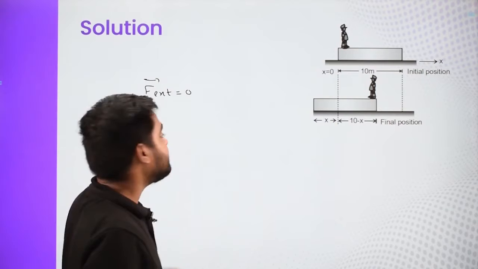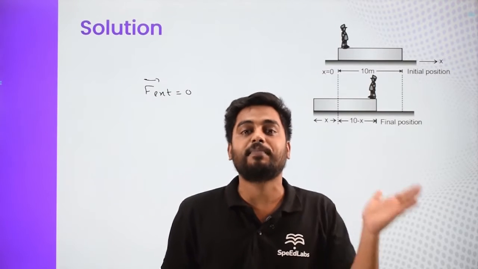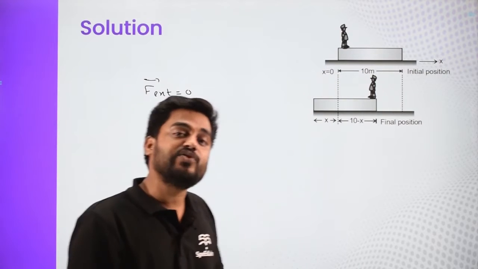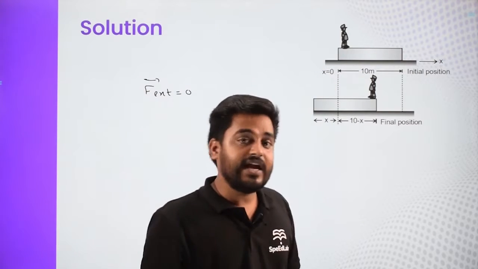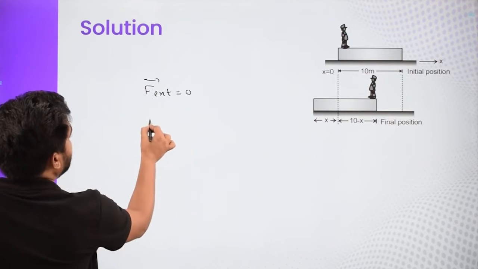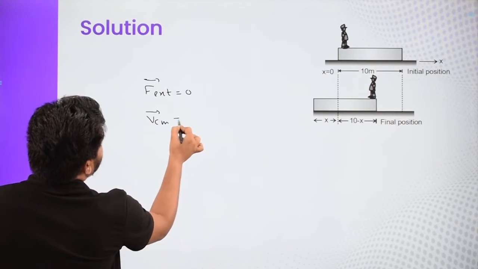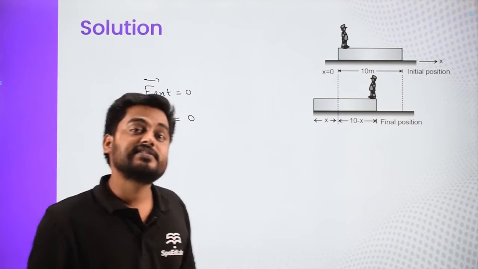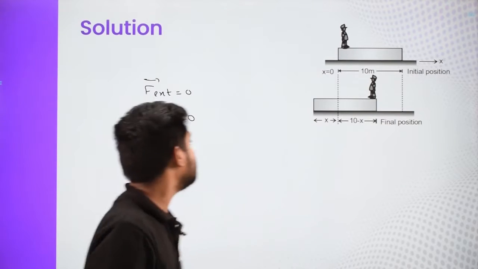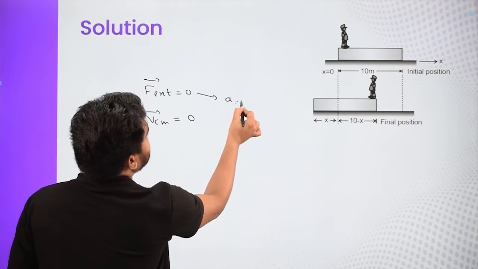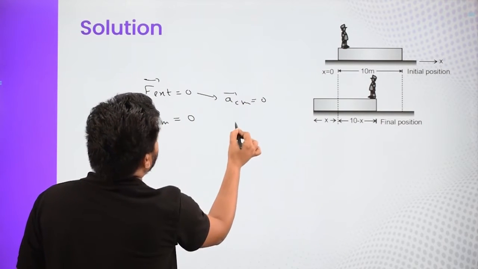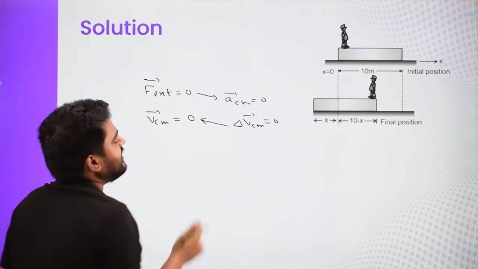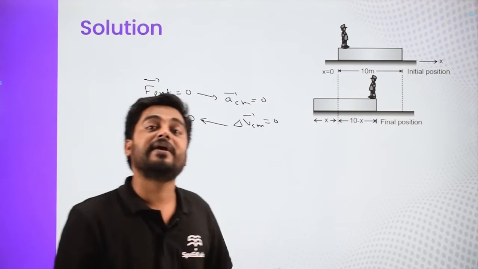First thing is the external force is 0. So we can apply momentum conservation. So here I can apply linear momentum conservation. How to apply? What about VCM? As of now, the man is stationary, so that is initially 0. And now if the center of mass is at rest, the center of mass will remain at rest because acceleration of center of mass is 0. So we will say that change in velocity of center of mass is going to be 0. And that will say that if it is stationary now, it will remain stationary.